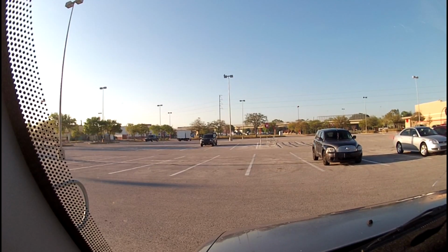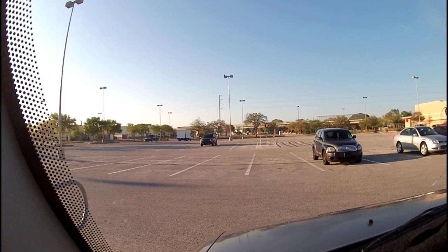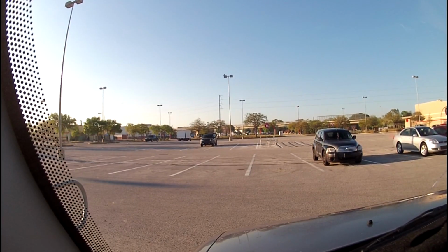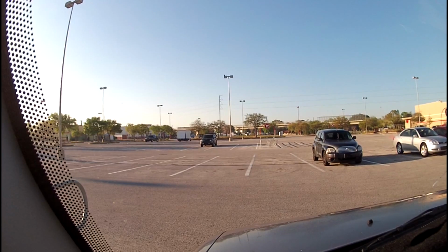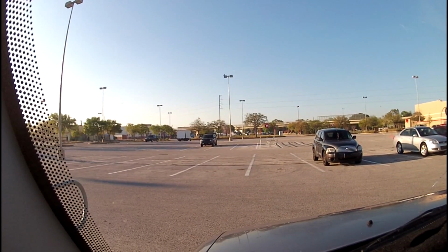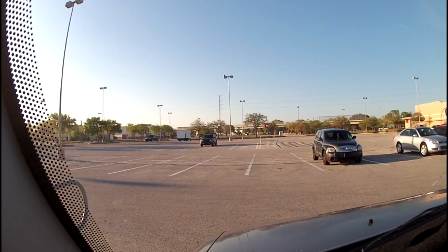Alright, so I'm out at this Target. I did already stop at a Walmart. I'm trying to do some hunting, but the Walmart had one case in a dump bin, and it was a C case. There was nothing left in it. I don't know if there was anything in it to begin with, but there were like two cars I liked, but